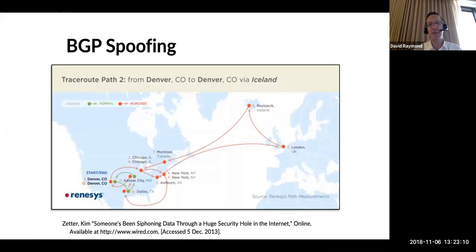BGP is a great example of that. So now, how do we take this protocol that does its job very well, but there's an implicit assumption that the people who are configuring the core routers are not going to improperly configure them, and it's a threat model that is not currently well covered, right? So now we can detect when some of these things are happening, but we can't necessarily prevent them from happening.